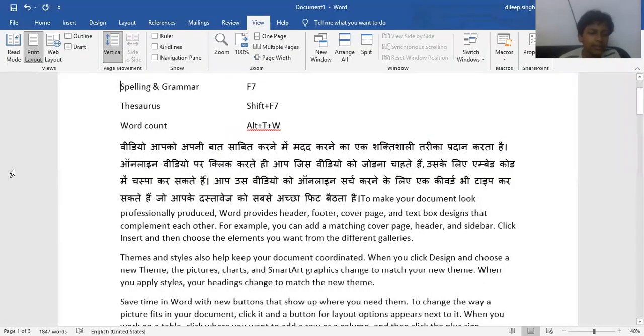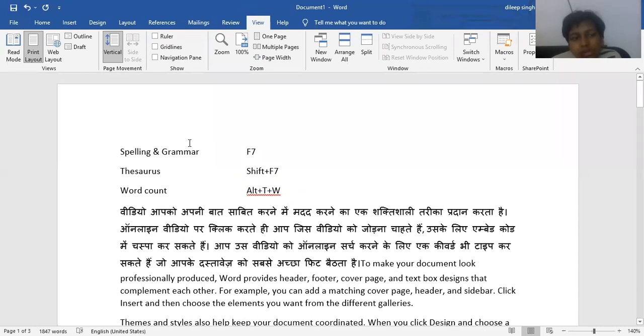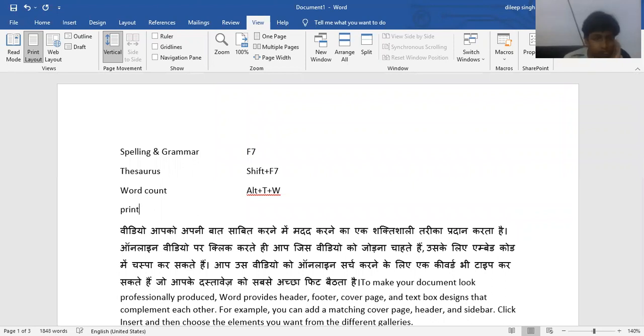Yes, sir. Come out from the reading view and it will show the print layout view. What is the use of print layout view? If you want to take a printout of this document as it is appearing in this window, then we can work on print layout. If you want to make a printable item, we always use the print layout for the work. Clear? The print layout shortcut key is Ctrl plus Alt plus P.